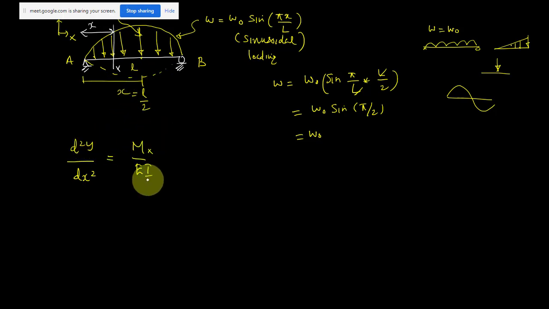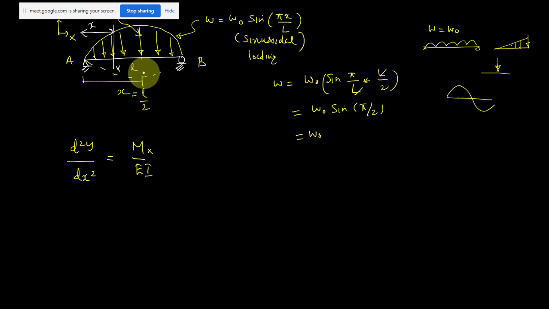So we have this differential equation. We just write the equation for the moment. There will be some condition for the loading in this method, but forget about that right now. If you write the equation for the moment, then the procedure is straightforward. You do the first integration, you get the dy by dx equation, and you do the second integration, you get the equation for y. So now your problem is over.